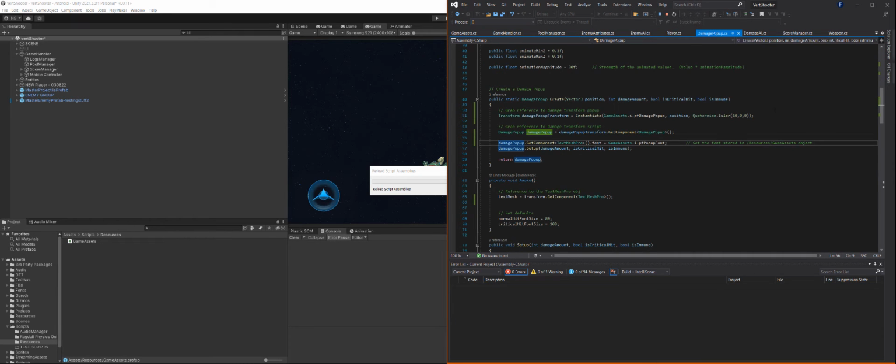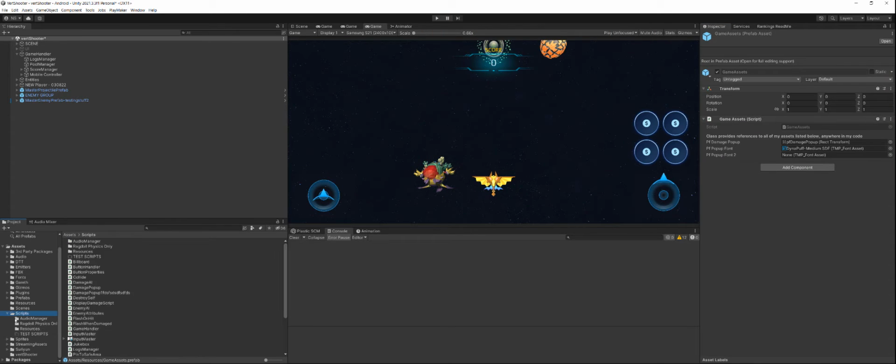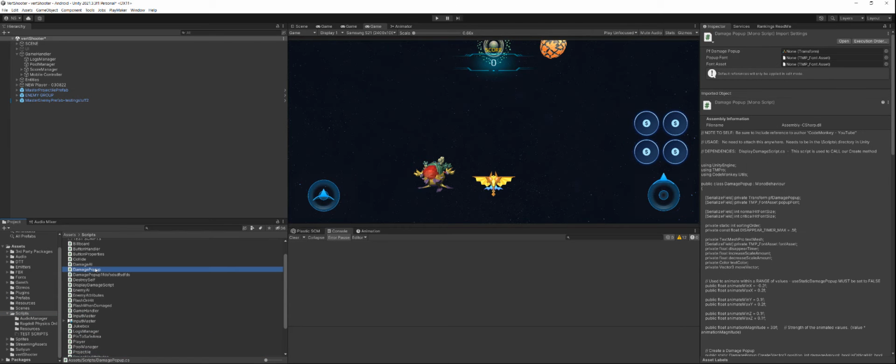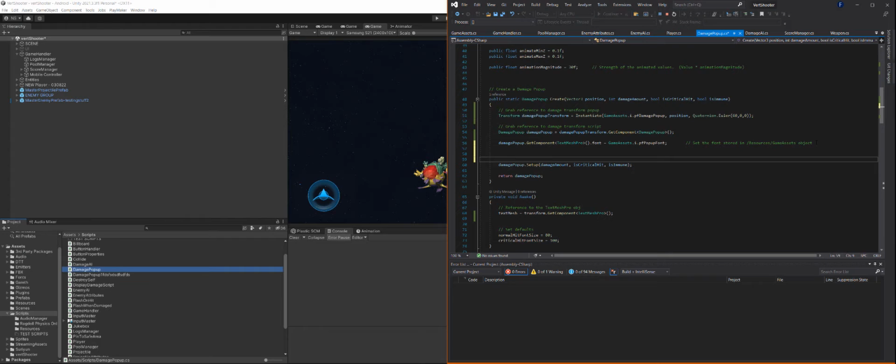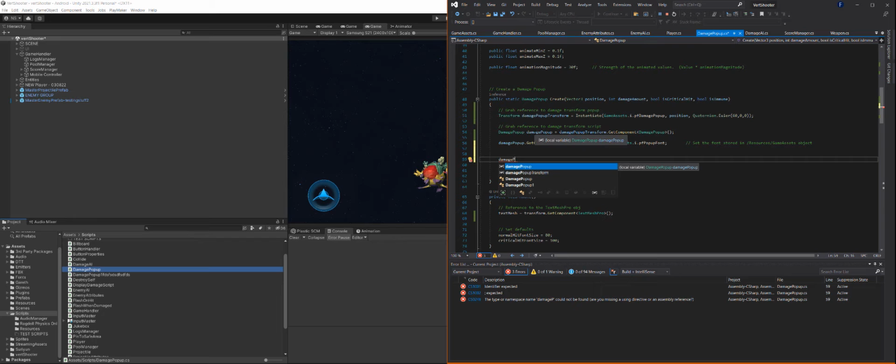And in here, you'll see the damage pop-up, which is the script that you get as part of the tutorial as well. I've got them saved in the scripts folder, and you'll see here it's damage pop-up. There we go. So if I double click my damage pop-up script, when you get in here, this is the line I've added from the previous one for the updated font, but we're just going to copy that. So essentially you're just going to be typing damage pop-up, which is just this damage pop-up here,